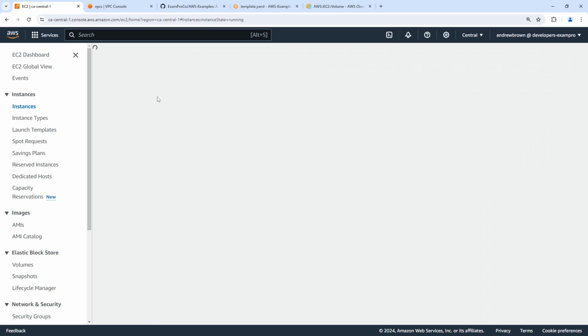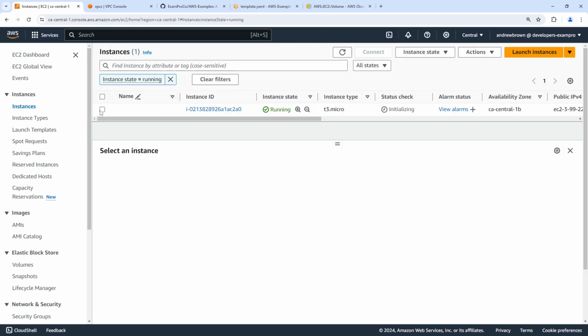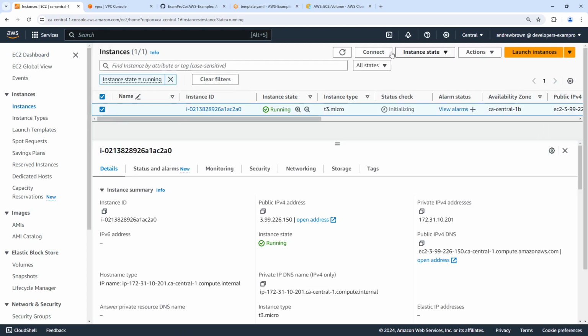And we have an instance. All right, and I want to go ahead and connect to this, and we're going to use Sessions Manager. So I want to take a look at the actual disk volumes and see what we have here. So we'll type in sudo su - ec2-user. Okay, we'll type in clear. And if we type in like